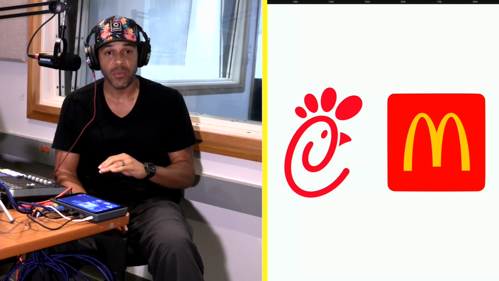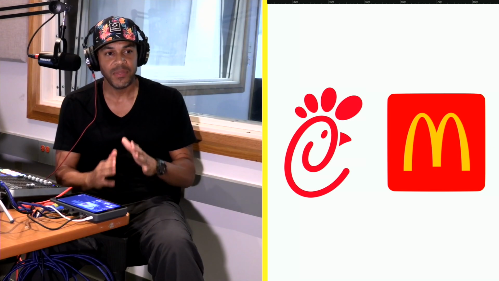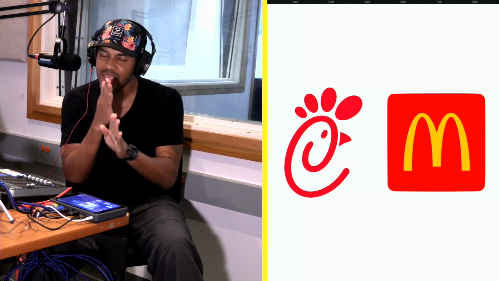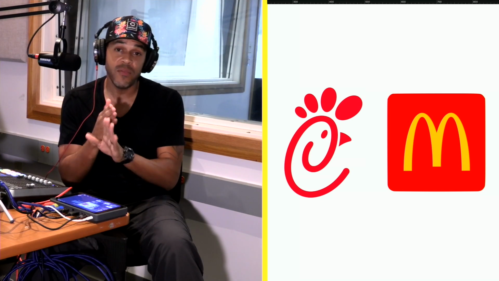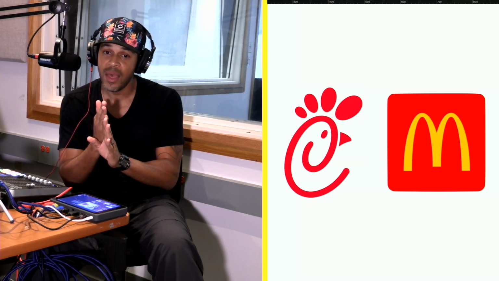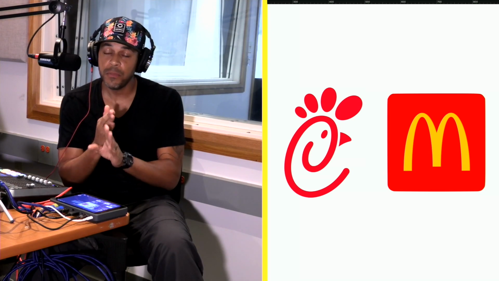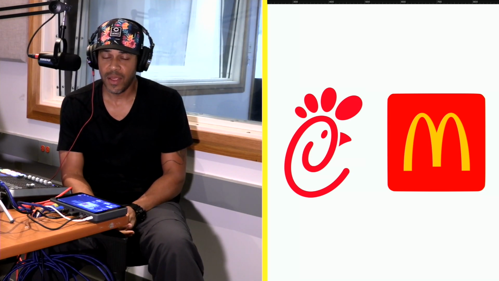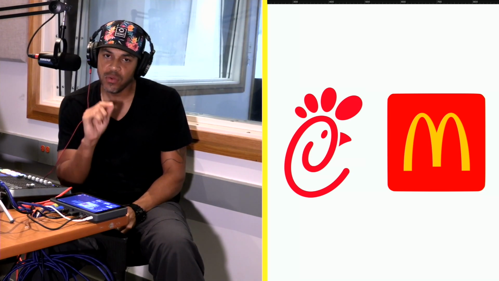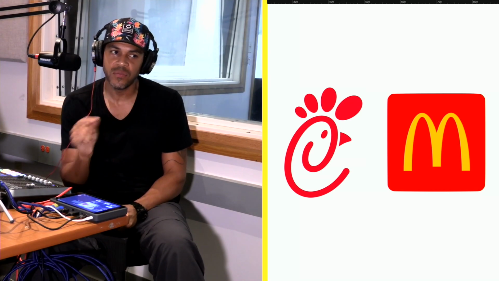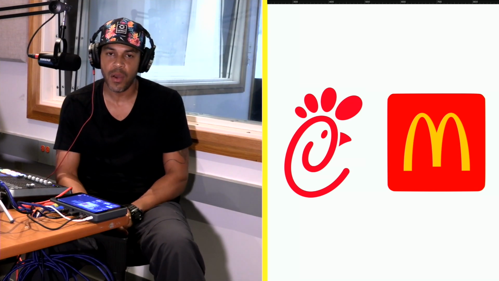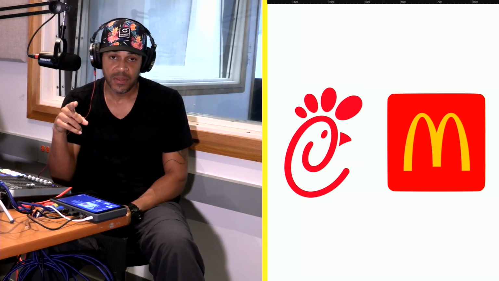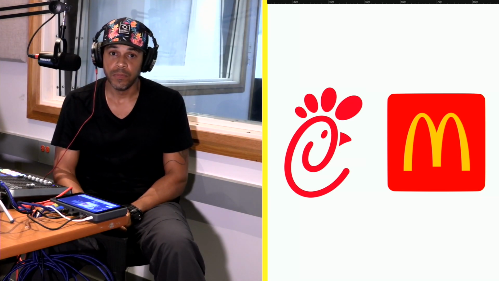So if I had to compare, Chick-fil-A is the iPhone of the group. They don't really care about appealing to everybody, but they know their cult, the Chick-fil-A cult, they can rely on to come every day and stay in that long line, and they'll sing the praises. They'll even crave it, like they crave Starbucks, right? So try to put a finger on it: why do you prefer one over the other? That'll tell you a lot about why you prefer a lot of the things that you prefer.